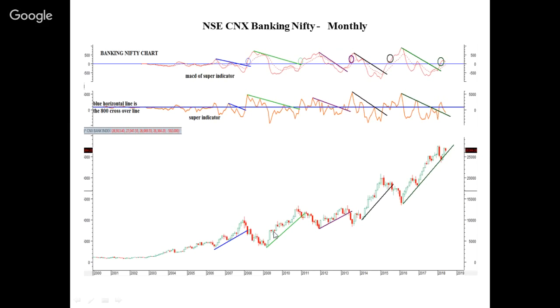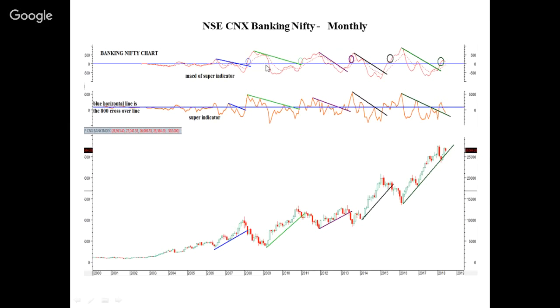The ranges are very high, I mean, monthly high low range or whatever, weekly or even on a daily basis. So there are a lot of whipsaws in the market. Here you can see this indicator going up and down, up and down. So it is in a trending way, but still it crosses over on either side of the 800 level quite a few times. To smoothen this out,